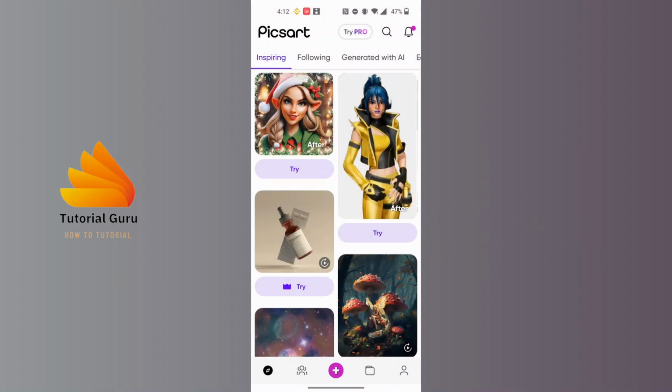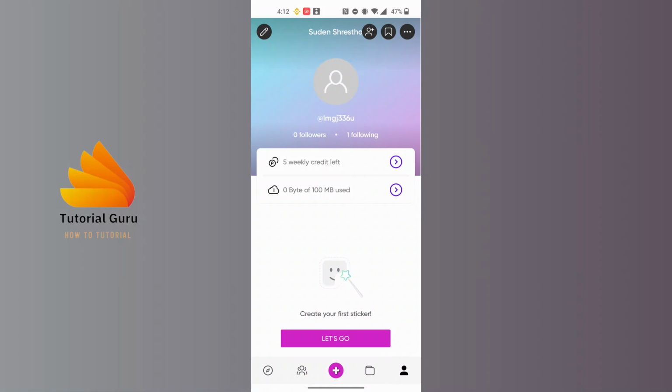Now to link your Facebook account to your Picsart account, first open up your Picsart app on your phone, as I've already opened it. And after opening your Picsart app, guys, on this interface at the bottom right corner of the screen, you can see your person icon or profile icon. Tap on the person icon at the bottom right corner of the screen, and this kind of interface will appear,